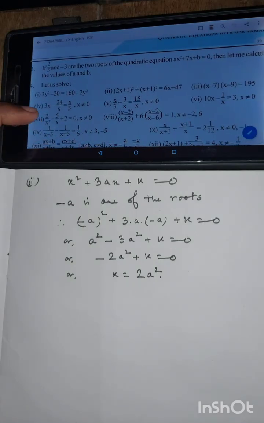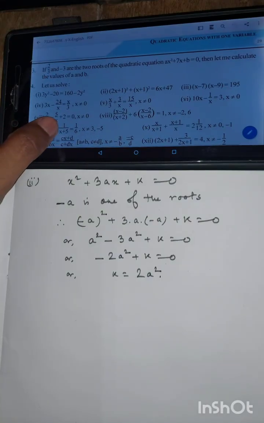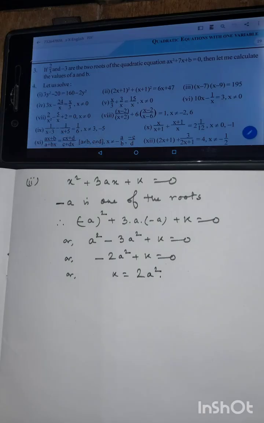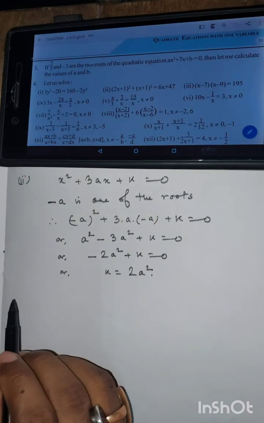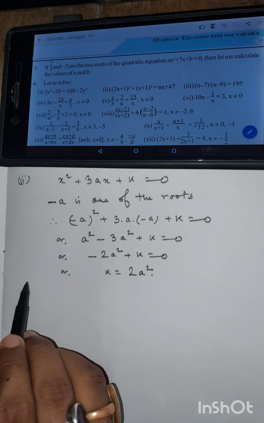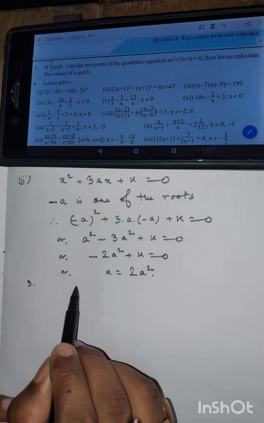It says if 2/3 and -3 are the two roots of quadratic equation ax square plus 7x plus b equal to 0, then let me calculate the values of a and b. So question number 3 says, so the given equation is